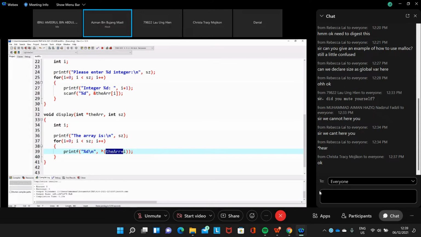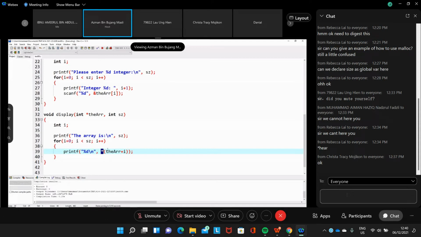And then when you use this, what is this? This is the dereferencing operator. The dereferencing operator will give you the value at that location, which is the first element. So that's why we get the value, the first element in the array, through the pointer. Understand, class? This one will give you the location, the address. This one will give you the dereferenced value, what is stored in that address.